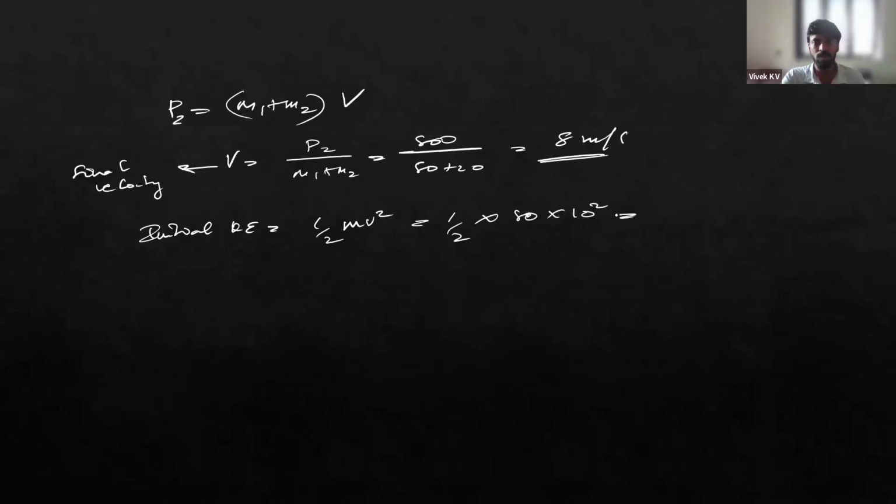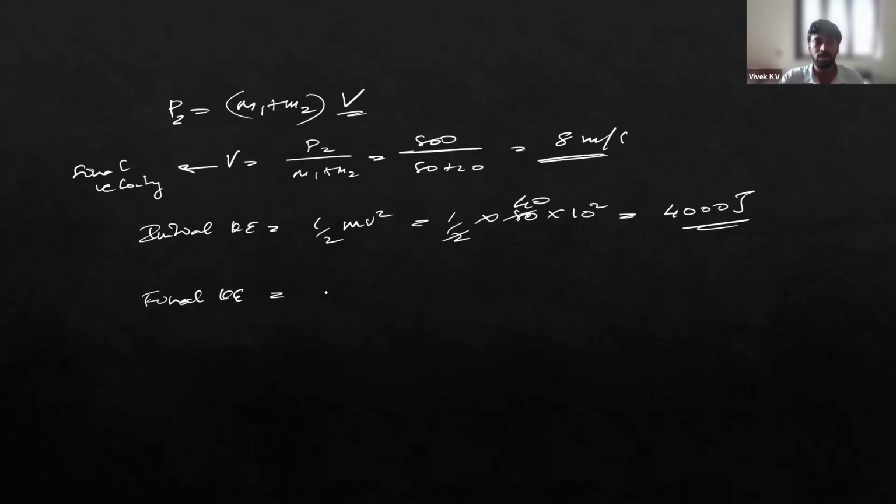It is 10 square. So this will be equal to 40. This is 100. So 4000 joule is the initial kinetic energy. Now calculating the final kinetic energy. Final kinetic energy is because of the combined velocity of these two, or the final velocity of the two masses,